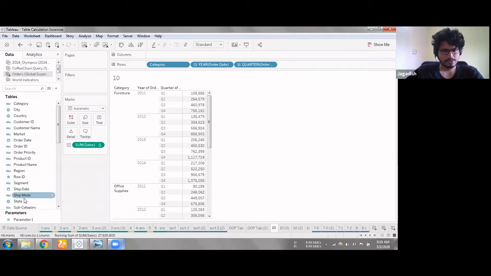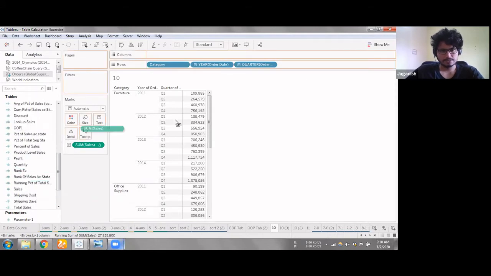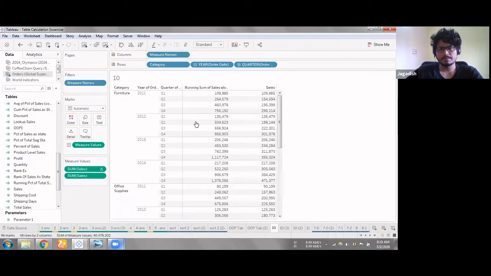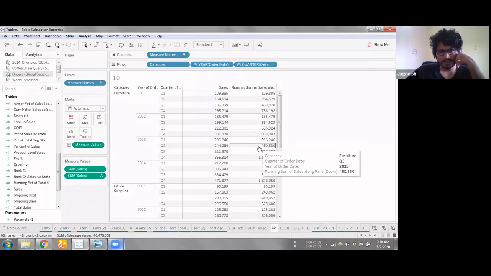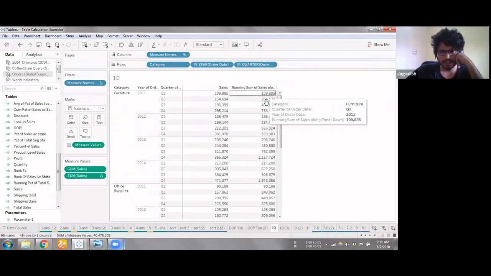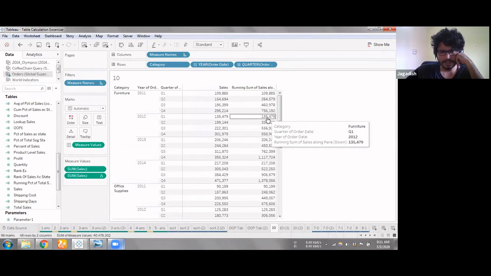I'll also bring my sales for comparison. Now I have sales as my first column and running total as my second column, and this is going for every year. For this year it's summing up all, and for the second year it's summing up again. It's taking cumulative up until here, and it's restarting the calculation again here.